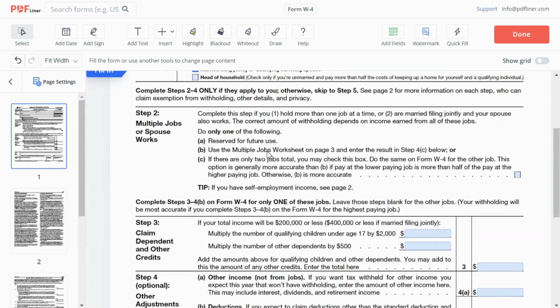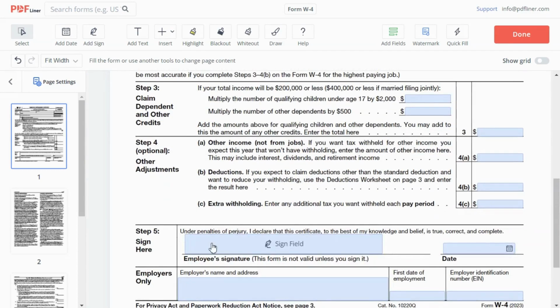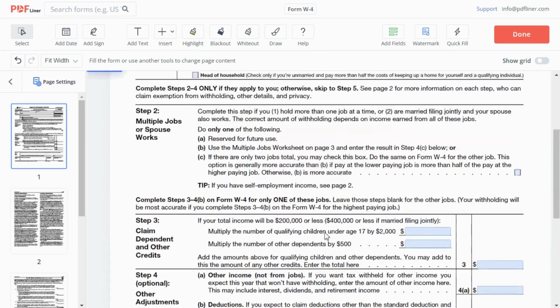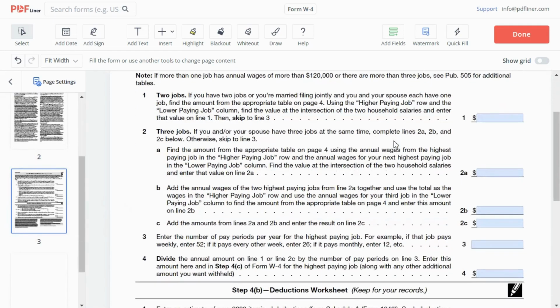Now, if you are single or married filing separately and don't have a second job, dependents, or other adjustments, move straight to step 5 and sign the form. In this example, Jane's spouse also works and makes almost the same amount as Jane, so she checks the C box. If one makes twice as much as the other, it would be better to complete the multiple jobs worksheet